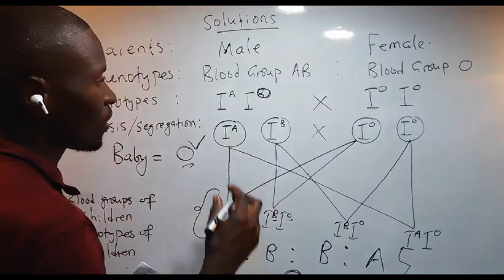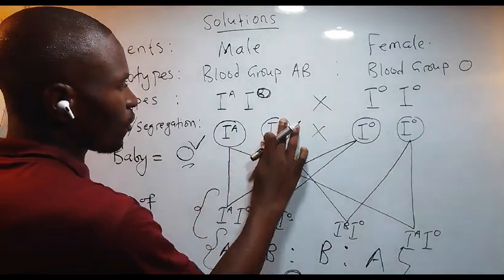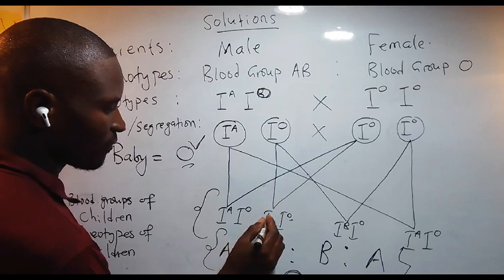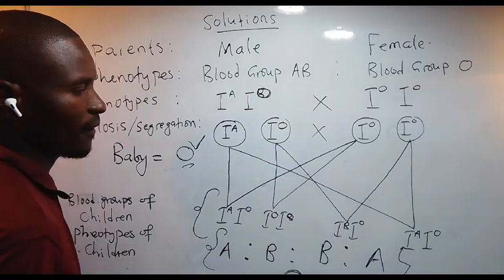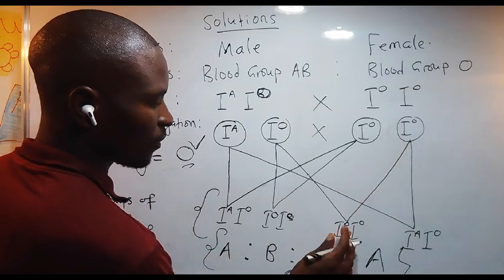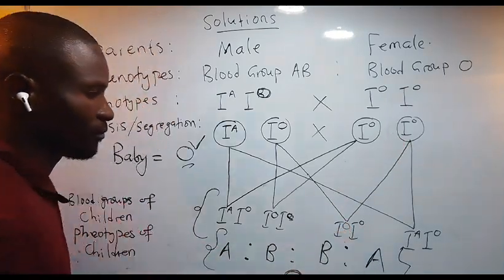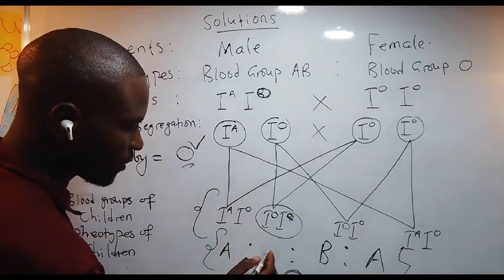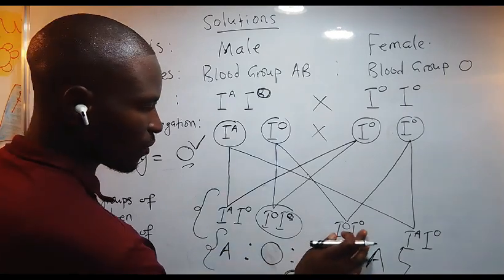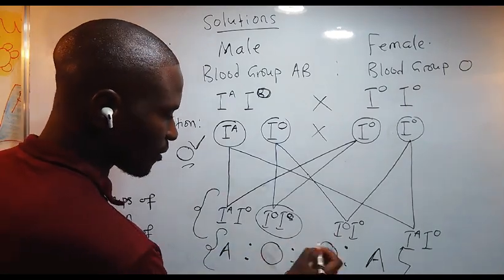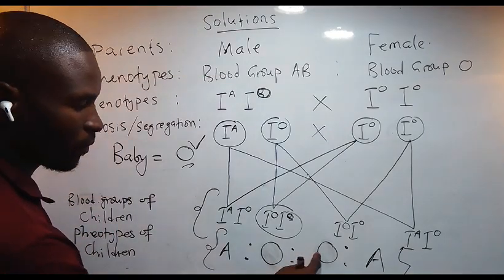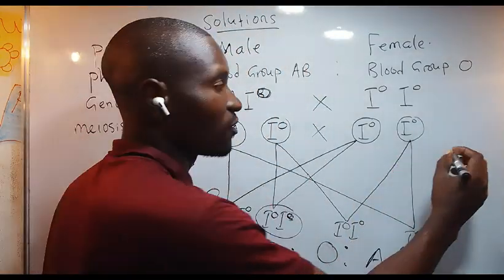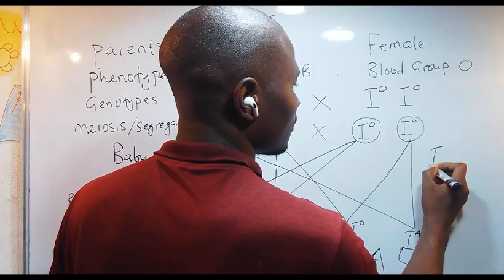Which simply means that if you follow this one, and then when you do this, we are going to have O. And then if this one goes there, we are also going to have O. And then this thing would have actually given us O, and also this thing would have actually given us O. So the actual blood group of the father should have been blood group